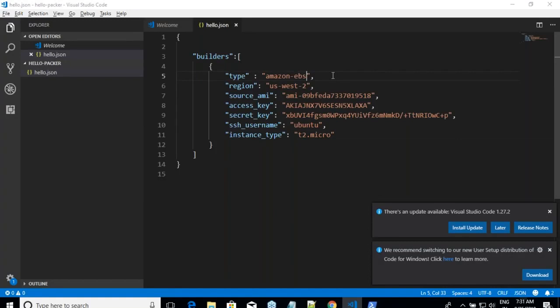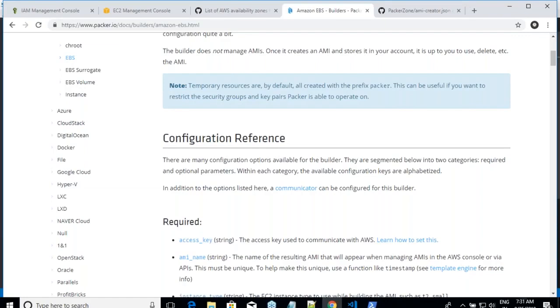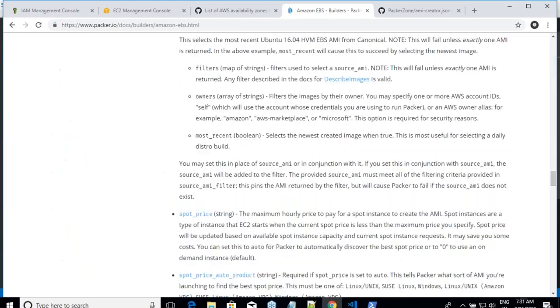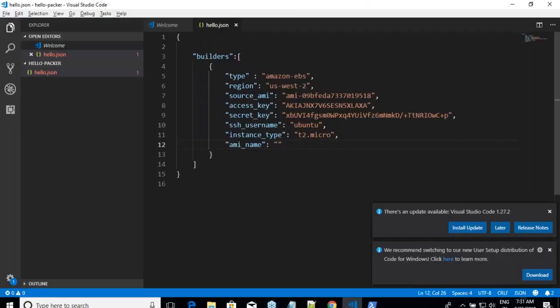And then I need to add one more property to this file, which is AMI underscore name. That's it, right? Then I would say that image from Packer. Simple. Image from Packer.